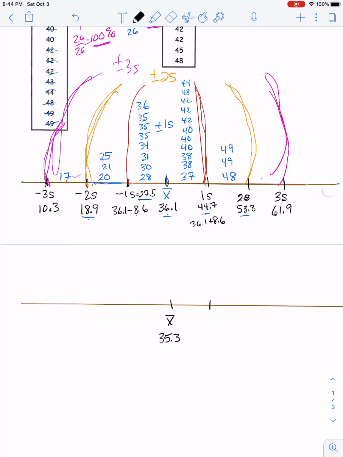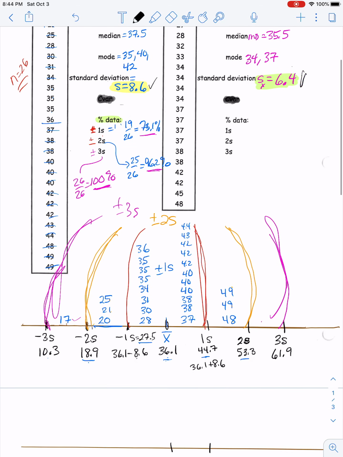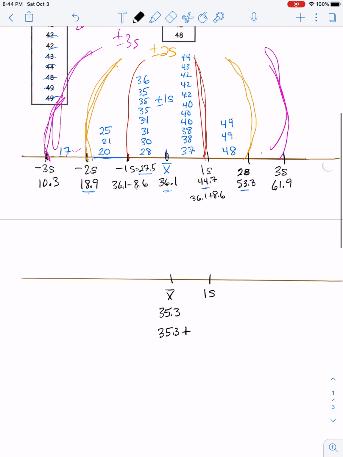We're going to go 1 deviation to the right. So this time I'm going to take 35.3 and add, what was that standard deviation up here? 6.4. And I get 41.7. Okay, 2 deviations to the right. So you're going to hit on your calculator plus another 6.4. You get 48.1. And do it one more time. 3 deviations, so I'm adding 6.4 again,